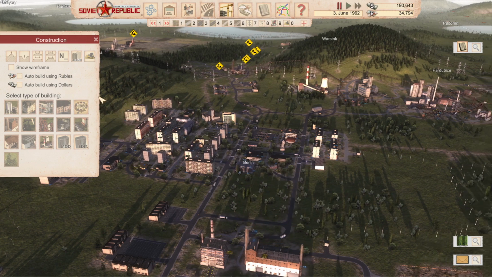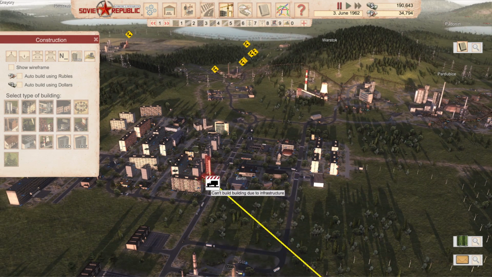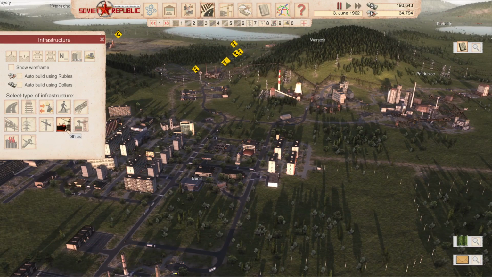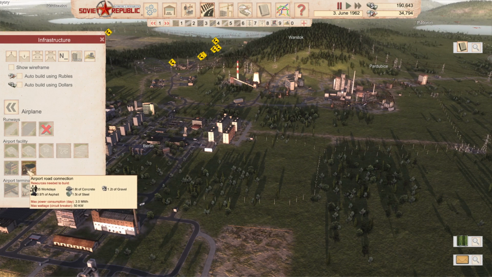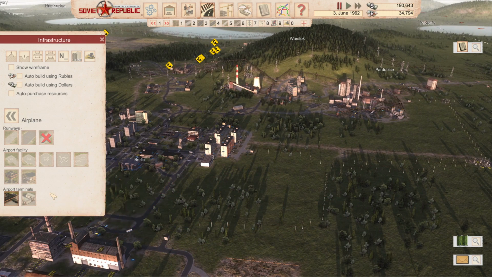Now, together with the tourism, it's not only tourism buildings and a tourism mechanism that tourists will come to your city and visit it. No, we also have new means of transportation. And let us find out, where is that? Construction related? Not really. Maybe here. Yes, here. We have airplanes now. So we can just have airplane parking. Well, that's not what I want. Airport terminals. There we go. So we can have airports, and